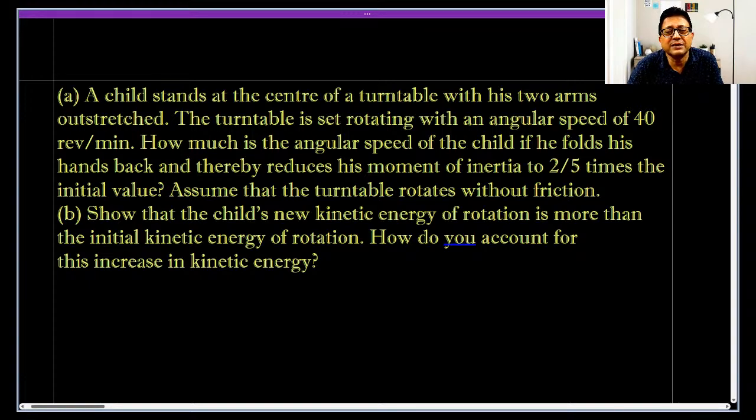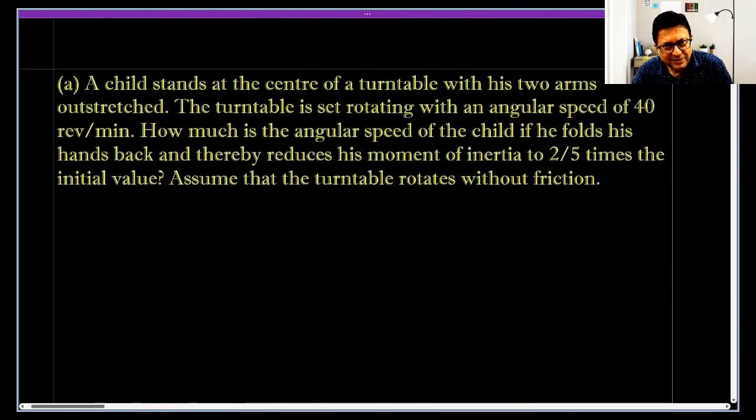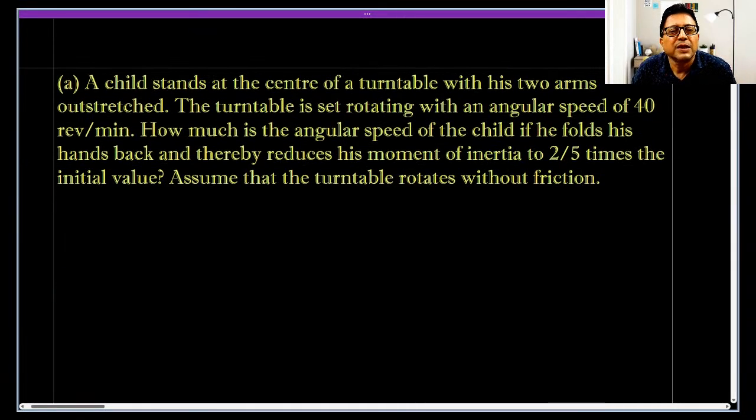A child stands at the center of a turntable with two arms. This is 7.13 from NCERT. Two arms outstretched. The turntable is set rotating with angular speed 40 revolution per minute. How much is the angular speed of the child? Do the first part first. Okay. The turntable is set rotating with an angular speed 40 revolution per minute. How much is the angular speed of the child if he folds his